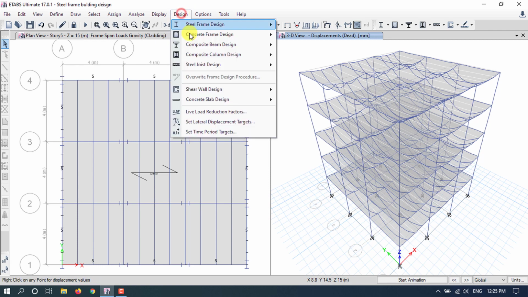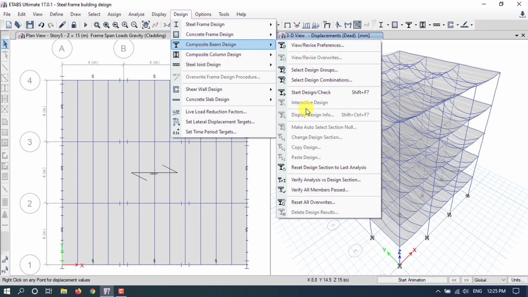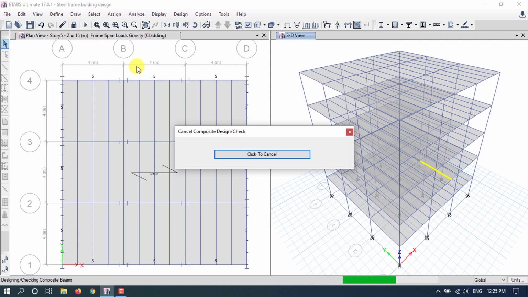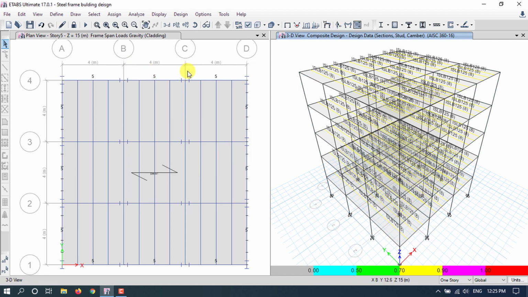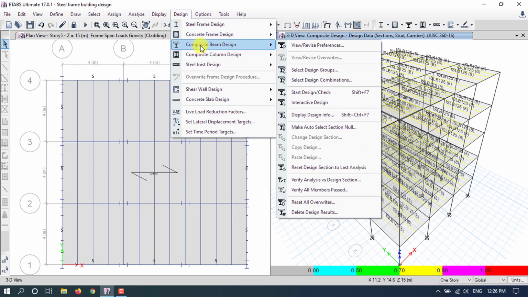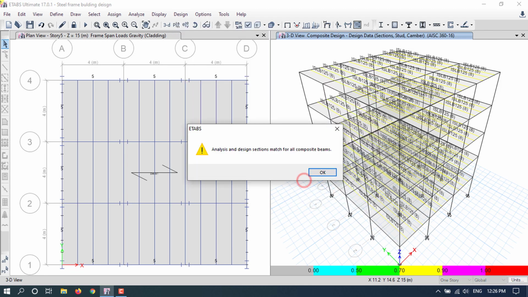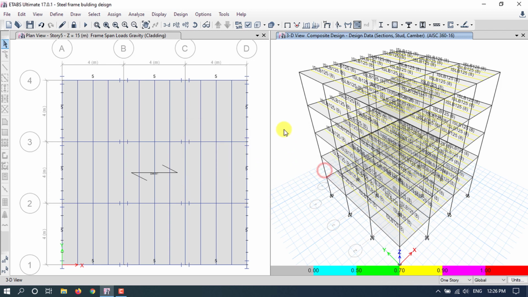And go to Design, go to Composite Beam Design and go to Start Design/Check. Okay, now go to Design, go to Composite Beam Design and go to Verify Analysis vs Design Section. Okay, here analysis and design sections match for all composite beams.